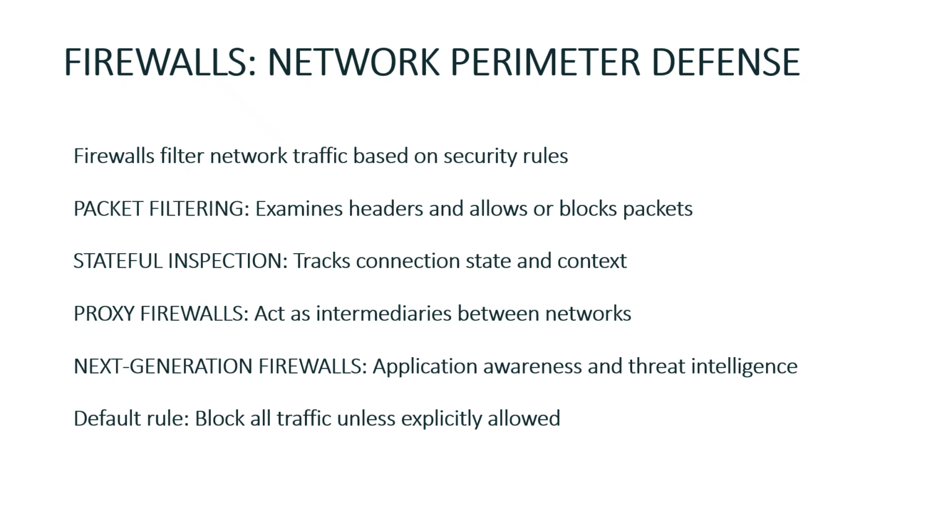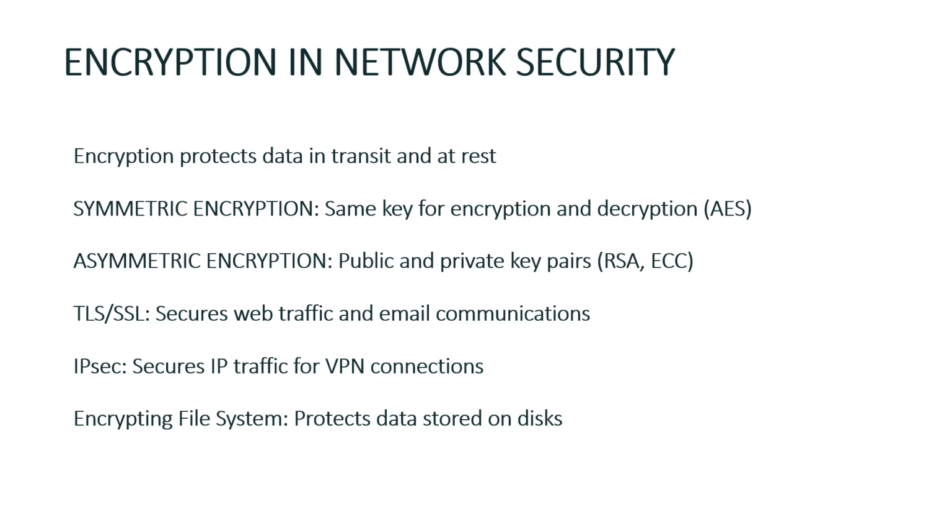Encryption in network security. Encryption protects data both in transit across networks and at rest on storage devices. Symmetric encryption uses the same key for encryption and decryption, making it fast and ideal for bulk data with algorithms like AES. Asymmetric encryption uses public and private key pairs, enabling secure key exchange and digital signatures with algorithms like